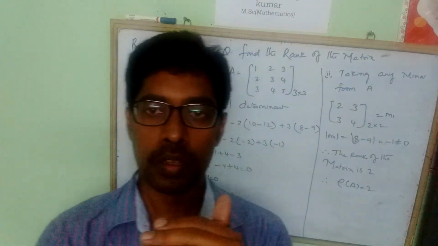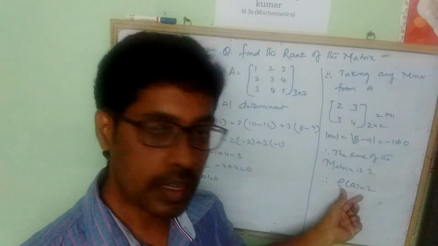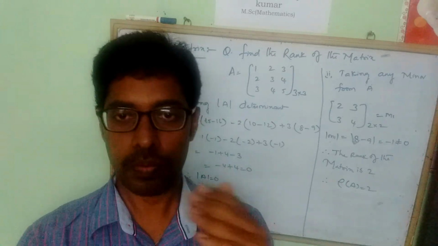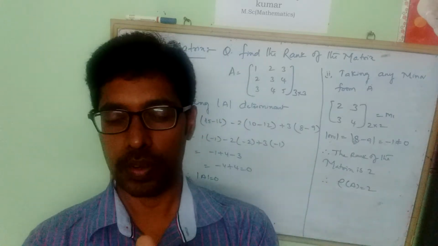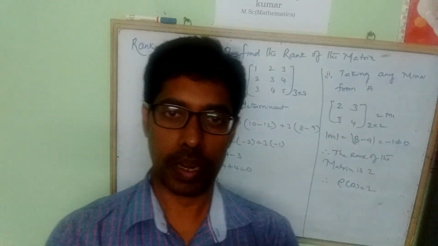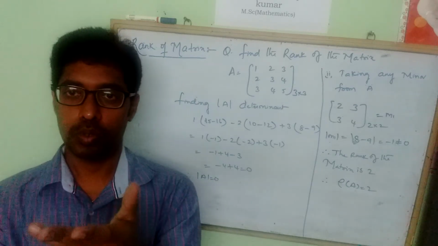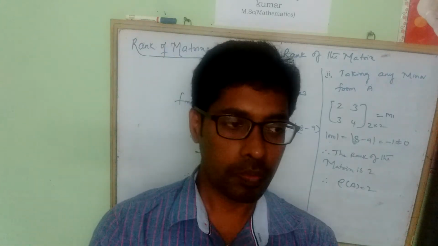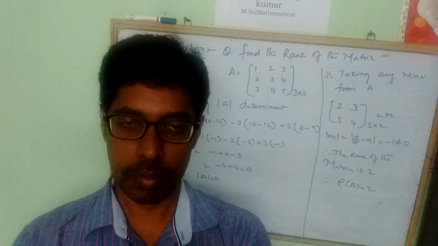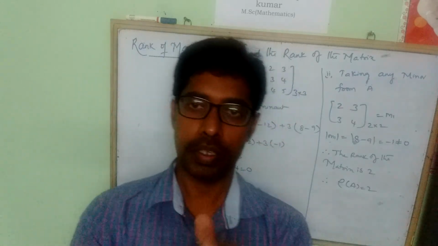The rank of a matrix is denoted by rho of A, guys. Rho, and A is the name of the matrix. The rank of the given matrix and the rank of the transpose of the given matrix will be the same. Therefore, rho of A is equal to rho of A transpose. Then the rank of the null matrix: if you take 2 by 2 order or 3 by 3 order, of n into n order, the rank will be 0. The rank of a null matrix will be 0.